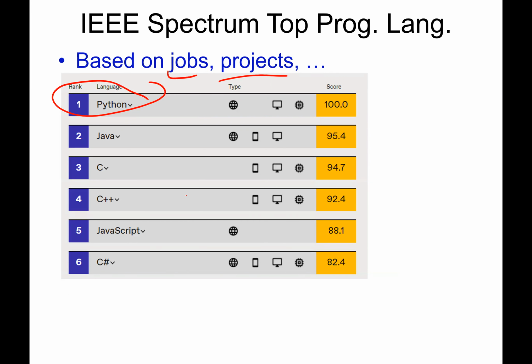Python is different from C++. It's much slower. It's 100 times slower than C++. But you can write programs in it fairly quickly. So it's good for tying things together. It's good for what's called scripting. But it's harder to write really big programs in it, and your programs don't run as fast. So you want to know both.